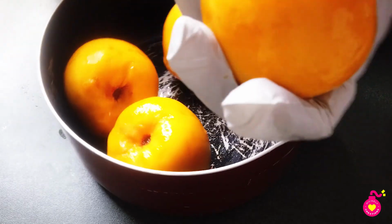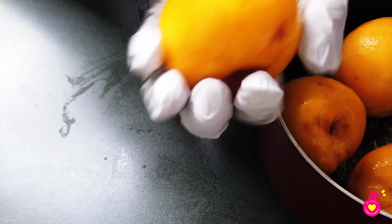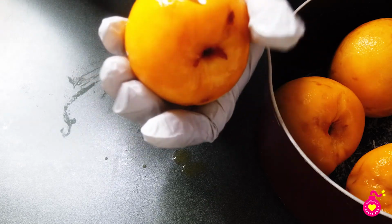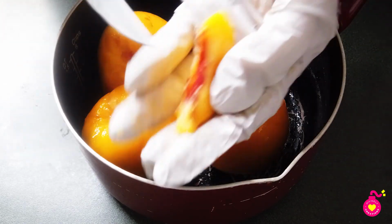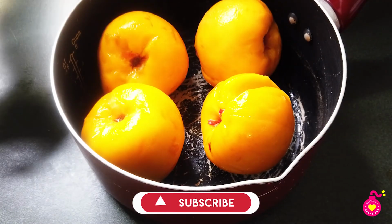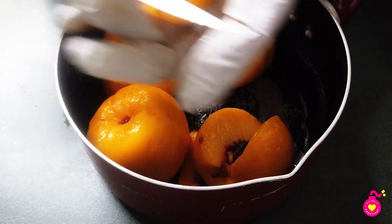So it went ahead and gave it a little bath, and now I'm going to show you how, sorry for moving the pan around, I'll show you how I dice mine. I sliced it the long way first, then I pop it out. I don't like to keep the middle, so I go ahead and cut that off. I do it to every single one of them